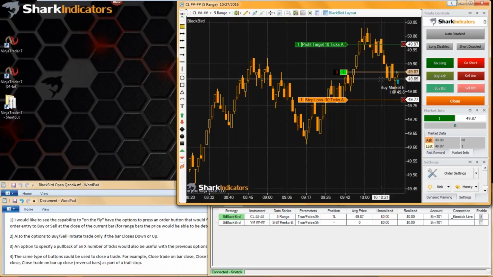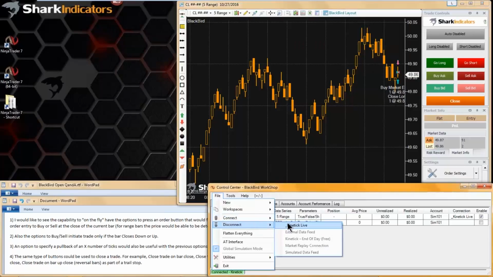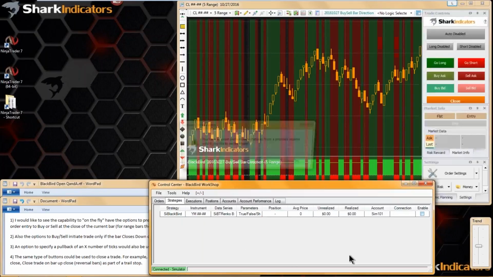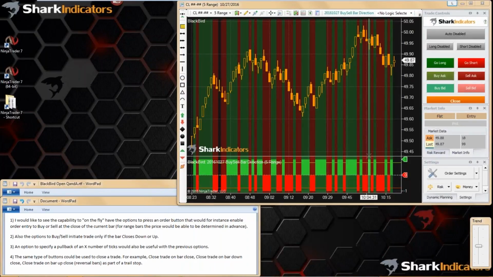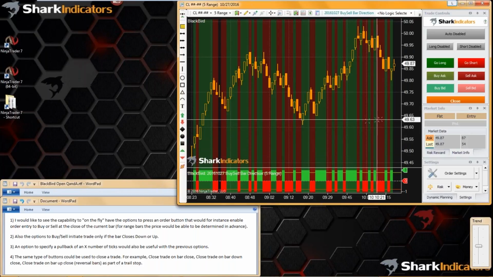So that's an example for, if you're wanting to trade using a market order when the bar closes, and I'll set BlackBird up to trade a limit order when the bar closes here, but let's just close this out, and let me change data feeds here. So we'll switch over to simulated data. Let's see, we'll just enable the strategy. Okay, I'm back in business. All right, so that was for